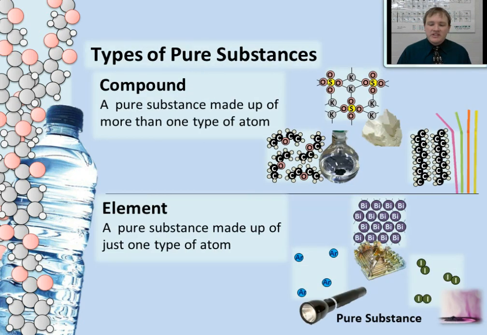This, again, is a familiar slide that you've seen before. We've already studied all 3 types of elements pictured on the bottom. Notice that all of those elements are made up of the same type of atom. What makes a compound different is it's still a pure substance. It's still just one building block of matter, one type of molecule or one type of crystal, except it's made up of different types of atoms that make up those single building blocks. In this lesson, we're going to take a look at crystal compounds, which is the one at the very top. The potassium sulfate represents crystal compounds. We'll get to potassium sulfate in just a second.